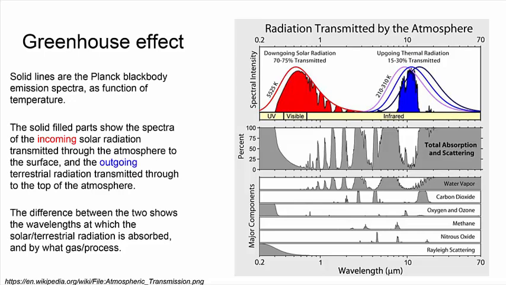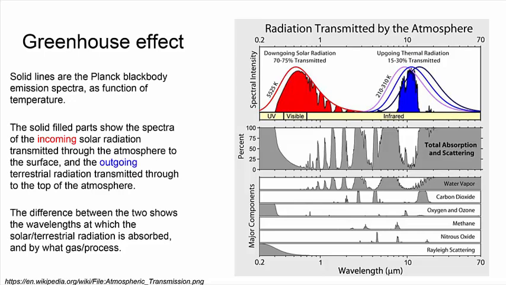Then these three curves here are the black body spectra that you would expect if you were standing at Earth's surface and looking down. If you're just looking down at Earth's surface, what would you see coming up? These are the blue curve, which is around 303 Kelvin, the other one showing 210 Kelvin, and the black one, which is at 310 Kelvin. And then we come back to these solid filled parts. For the one on the left-hand side, this is showing what you would see at the surface of the Earth if you're looking up.